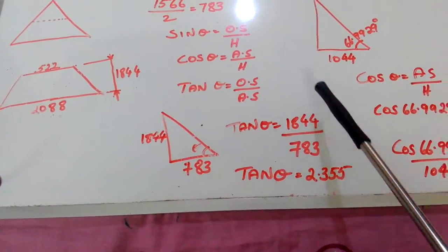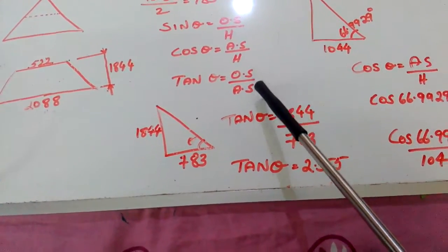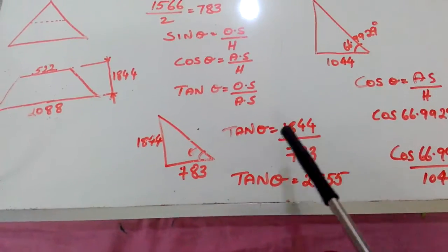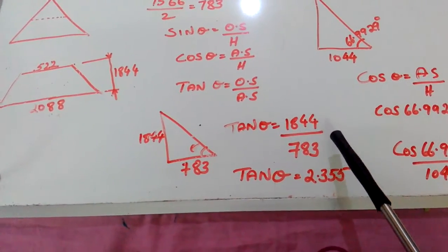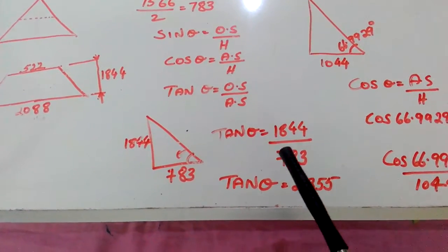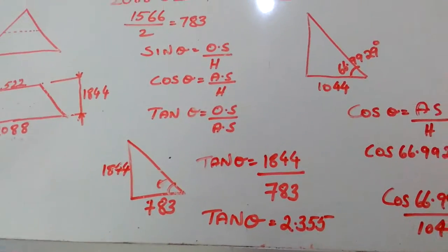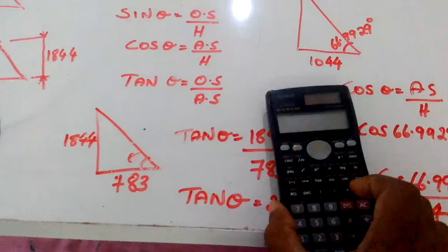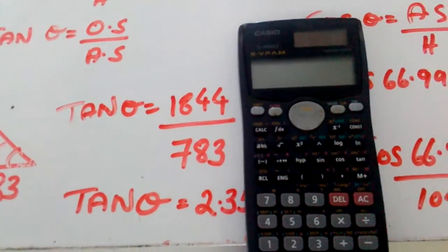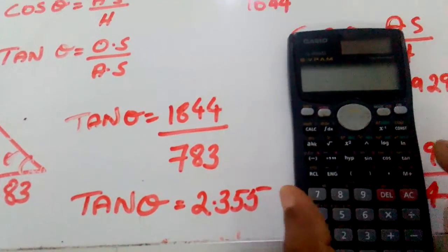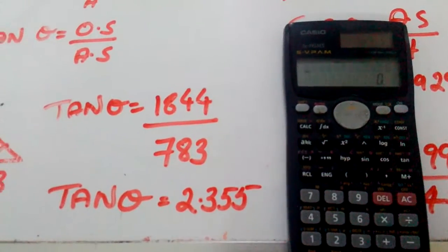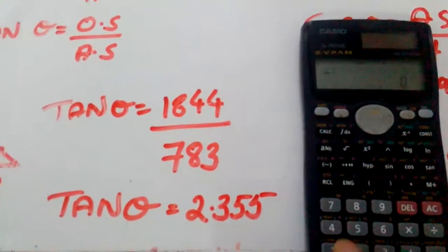I have written it here. And the opposite side is divided by the adjacent side. Theta's adjacent side is this one, 783. We use 1844 divided by 783 to find tan theta. If you use your calculator, you will find 2.355. First of all, just switch on the calculator. So apply 1844